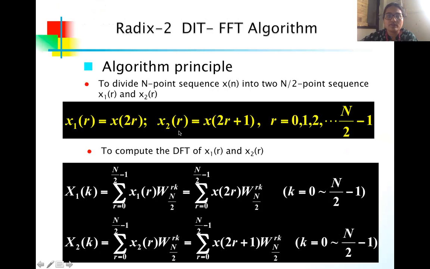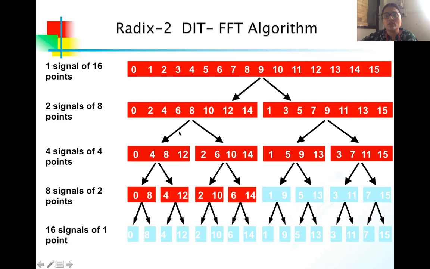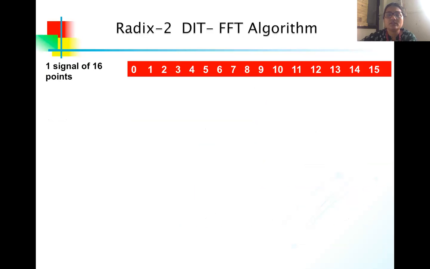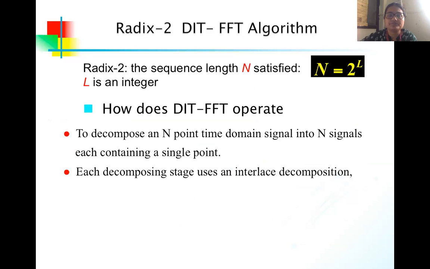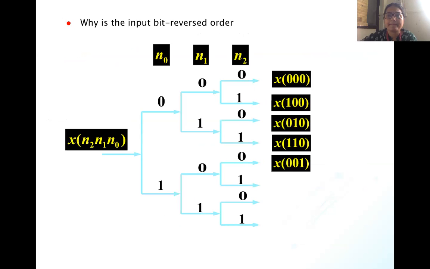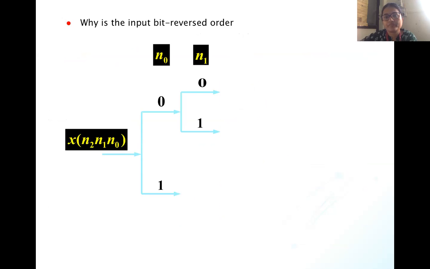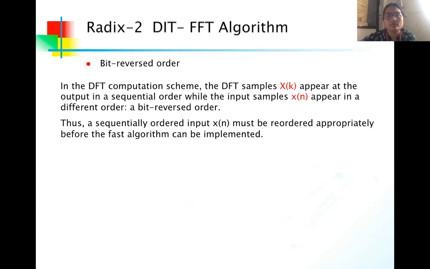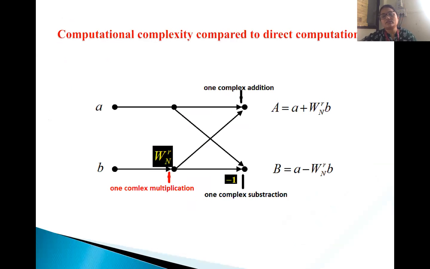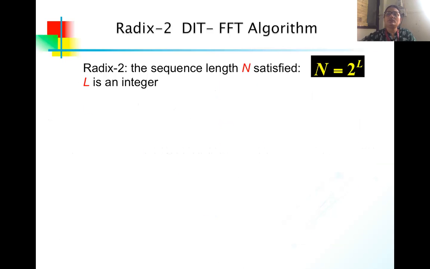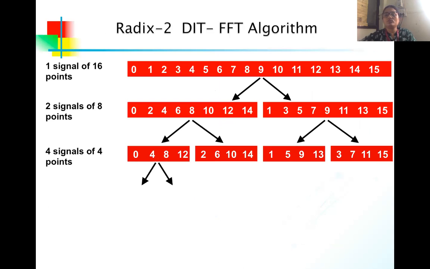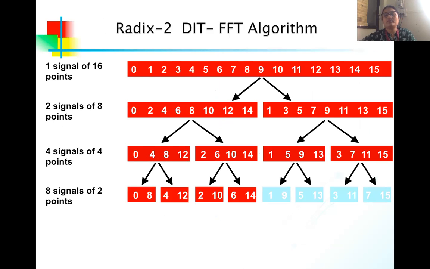I have shown you the butterfly structure in the earlier slide, and here you can see it. Just for the sake of understanding, the butterfly structure is shown. With the use of the butterfly structure, we can implement